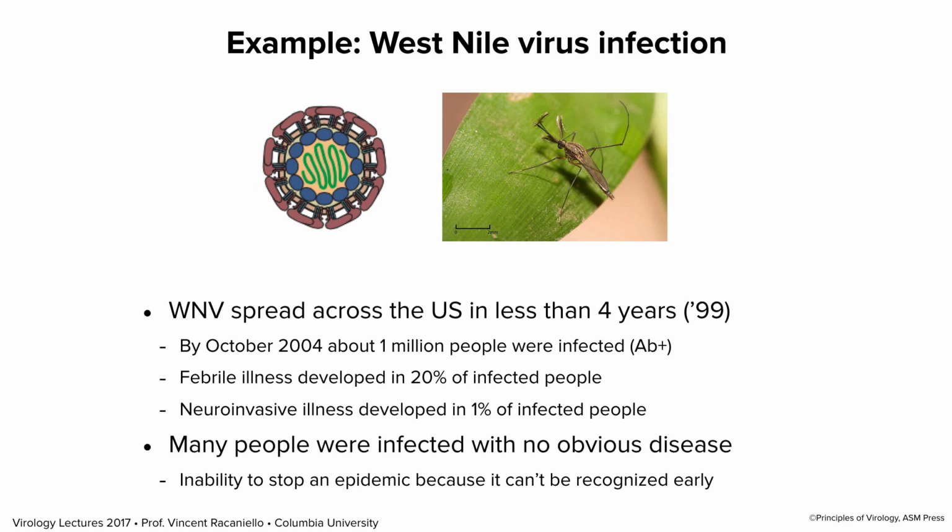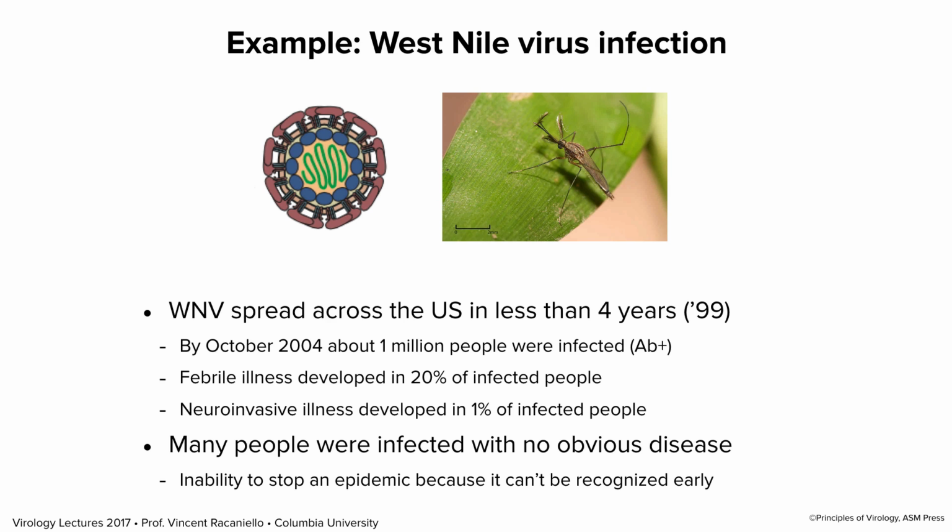And this is a problem for public health officials, because if you can't tell people are infected, it's very difficult to stop the spread of the disease. That's why we like to vaccinate for viruses that cause extensive infections. Just vaccinate as many people as possible, and we can stop the spread. Of course, to develop a vaccine, you have to have a medical need. You have to have enough people infected. If there are 5 infections a year caused by a virus, it is not possible to make a vaccine against it. Nobody will pay for it. But if you have thousands or millions of people infected, you make a vaccine and then you use it.